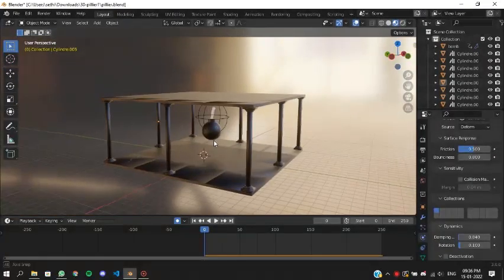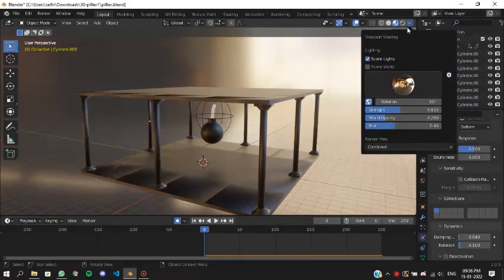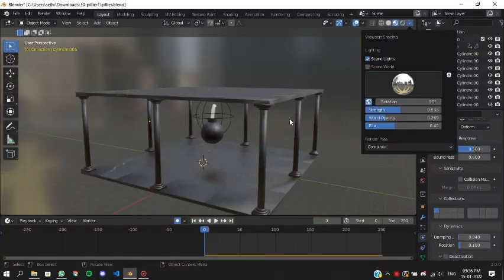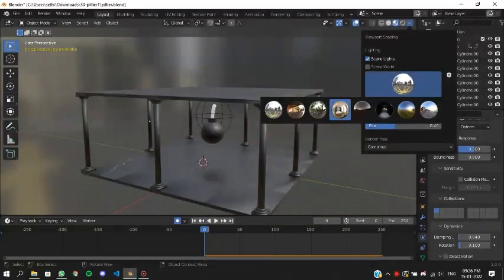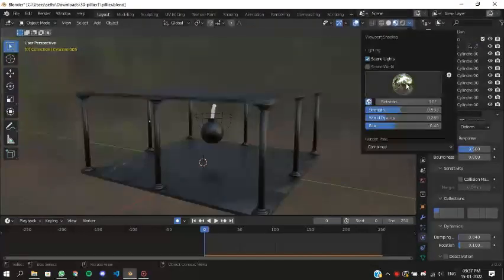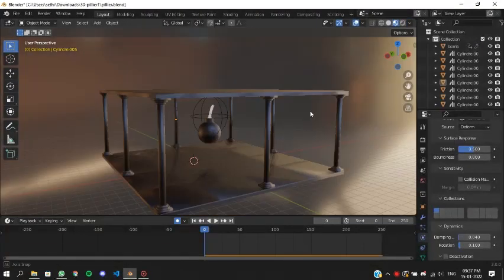Now talking about the lighting, it is from the HDRI lighting source over here. You can also select the environment for which type of lighting you would like to choose. For example, this is just the basic lighting, and you can choose this instead. I chose the second option because it looks more vibrant.